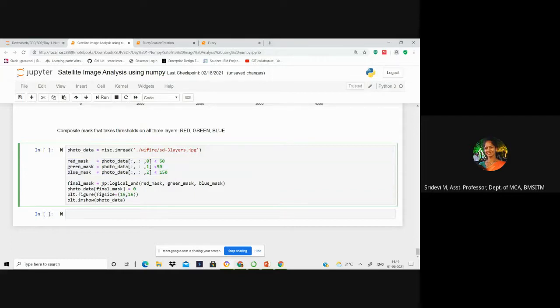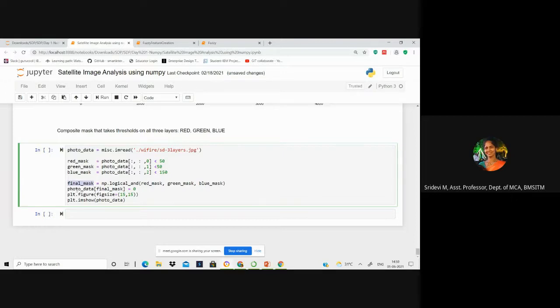By using NumPy's logical AND, it is possible to combine the red mask, green mask, and blue mask. All filters can be combined at a time by using logical AND. With np.logical_and, you're combining the red mask, green mask and blue mask and making it the final mask.